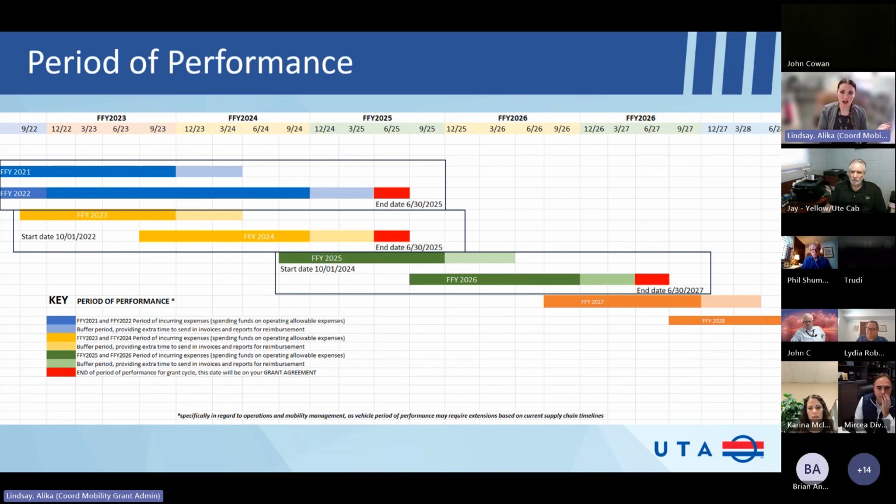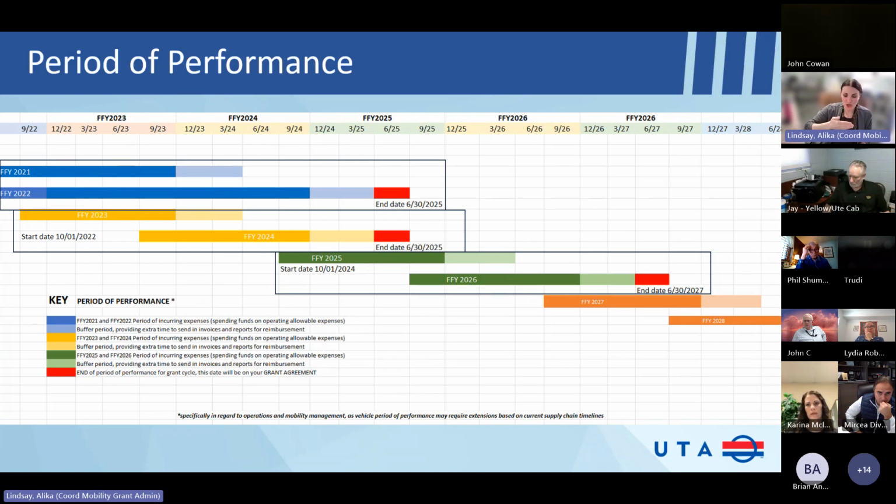So if you still have funds there that you're still spending for activities in 2023, you probably don't need to request operations in 2023, you know. So that's why a lot of people are confused. So I wanted to show it visually so you understand what we're talking about when I'm saying that some people's budgets are overlapping. Okay.